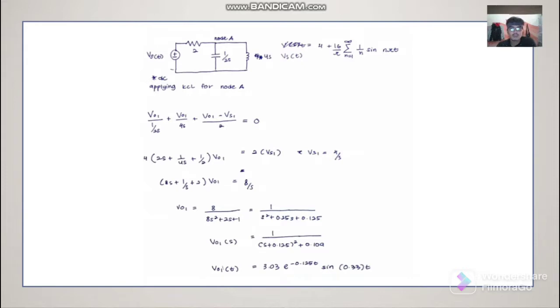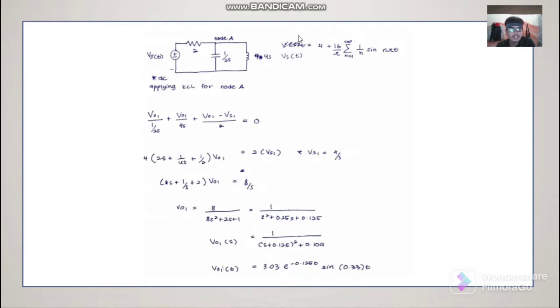So today I would like to present about the Fourier series with circuit. My part is to find the voltage. So this is the S domain circuit. This is the VS(t). This is the value of the resistor, which is 2 ohm. This is the value of the capacitor, 1 over 2S. This is the value of the inductor, 4S. So our VS(t) is equal to 4 plus 16 over pi, the sum from n equal to 1 to infinity of 1 over n sin n pi t.